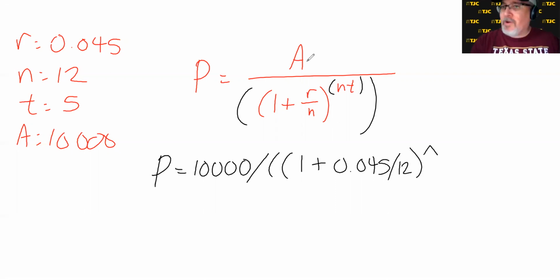Press your exponent button, whatever it looks like. Open up the parentheses on the exponent. N is 12 times T is 5. Close the parentheses on the exponent. Close the parentheses on the denominator, and then press equals. I strongly recommend getting out a calculator, putting this in, and seeing if we get the same answer. I'm going to pause the video while I do that. I'm going to type exactly what I just wrote, starting with the 10,000. And to the nearest cent,